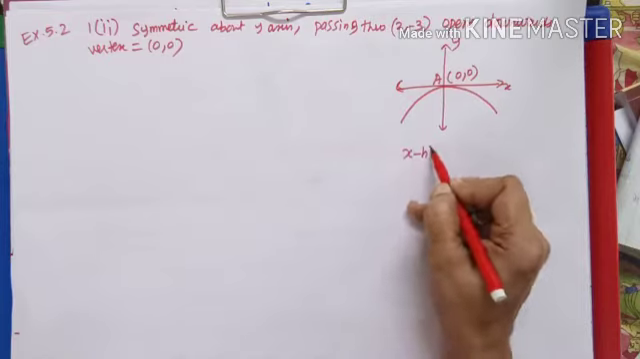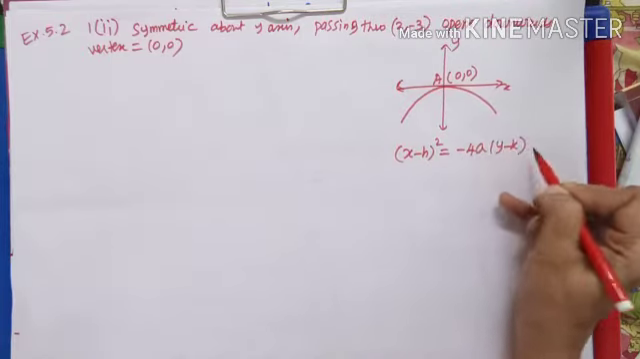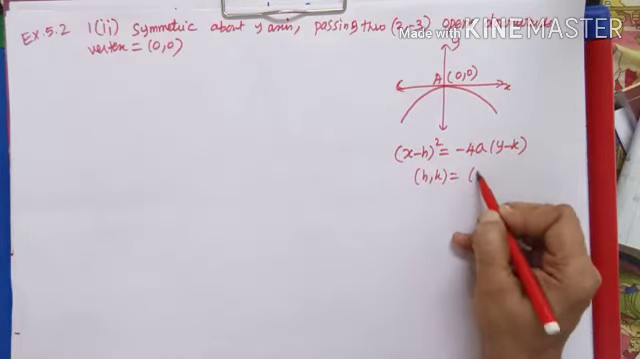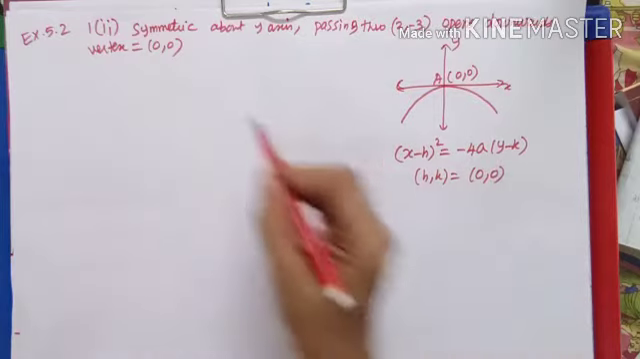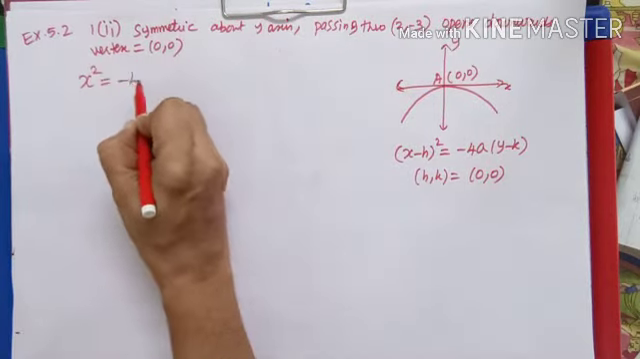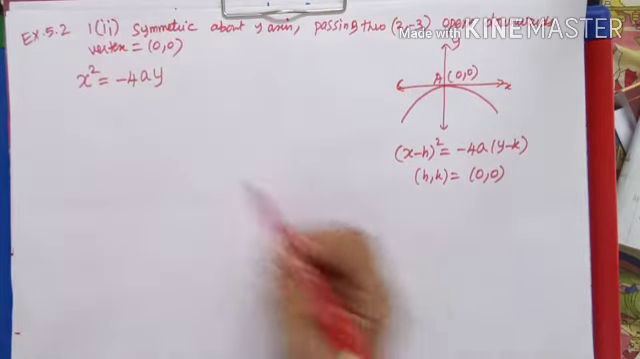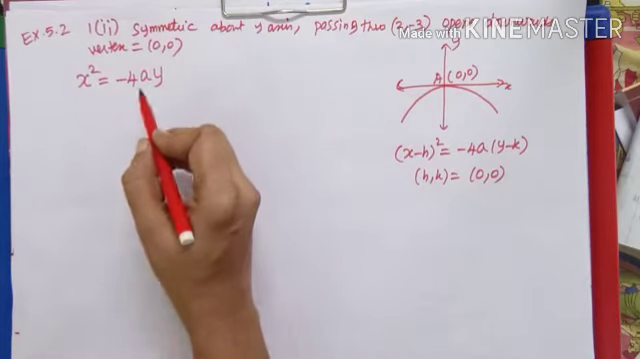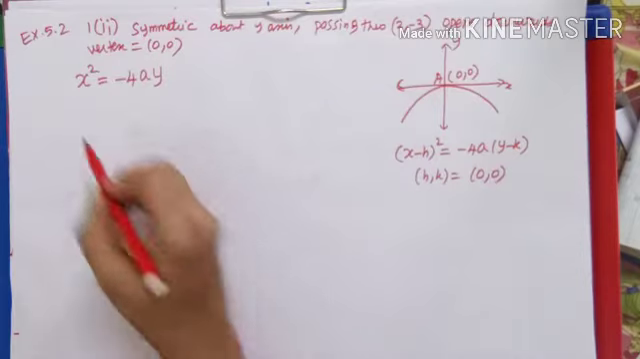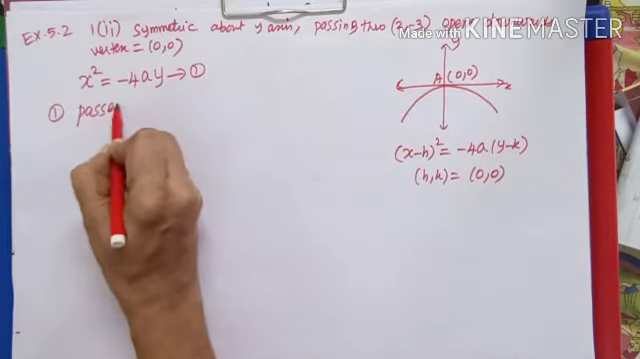(x minus h) the whole square equals -4a times (y minus k). Here (h, k) is nothing but (0, 0). So what is the equation we get? x square equals -4ay. Now I have to find out what a is. Given it is passing through (2, -3), we will say equation 1 passes through